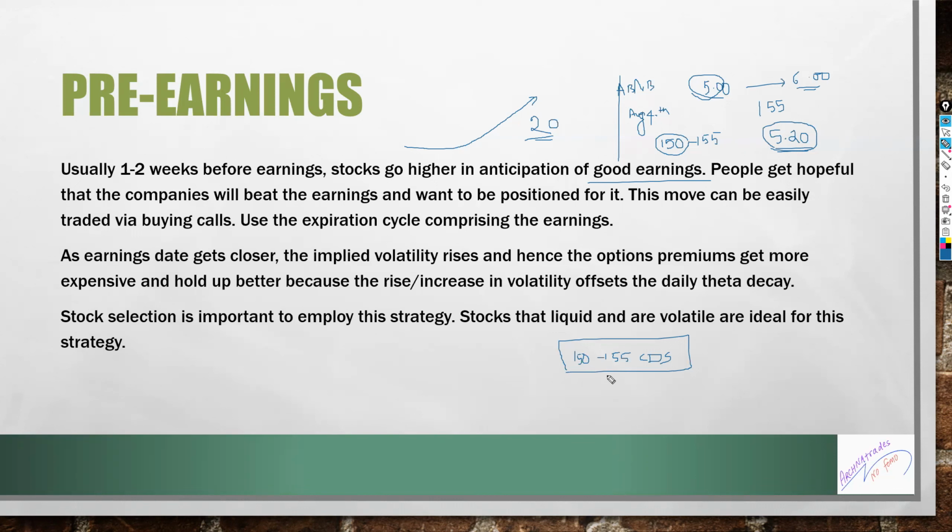If Airbnb goes down after earnings, what happens? I don't lose anything. Instead of making $1, I made $0.20. Okay, instead of making $100 per contract, I've made $20. But if it goes up to that 155 area, I can make $5. So I have put zero money in, and I have a free earnings trade with a potential of making $500 on it.